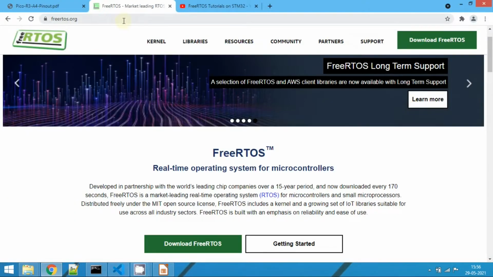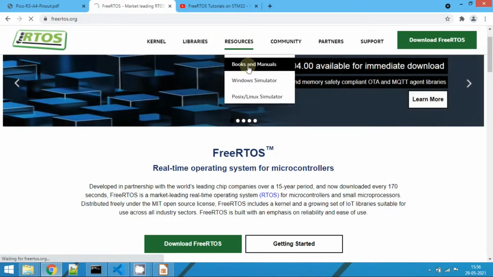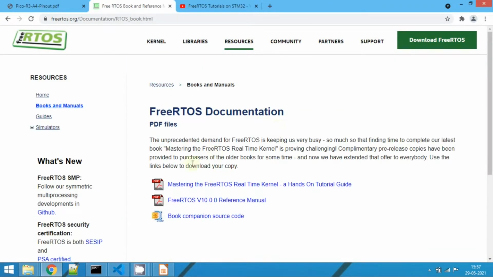If you want to know more about FreeRTOS, you can go to freertos.org, go to resources, and click on books and manuals. Here they are providing one PDF file. Click on this.